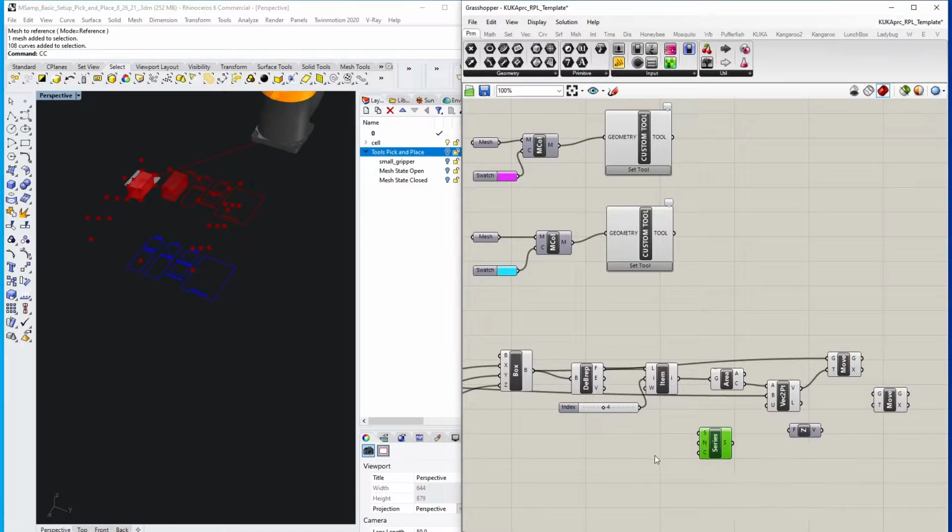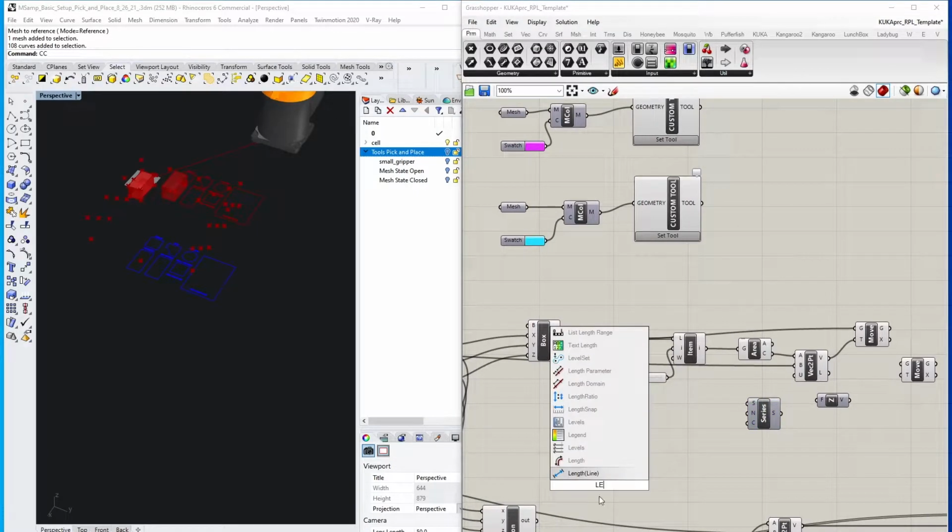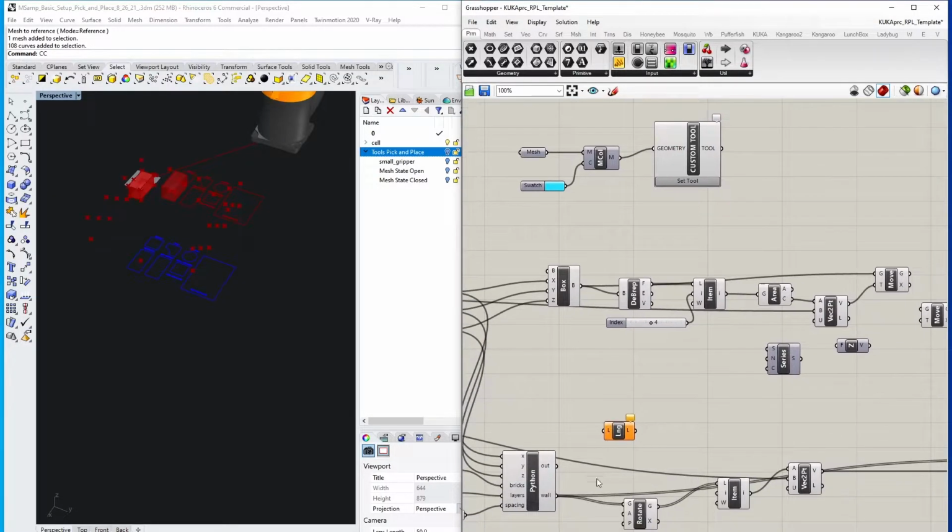So what we can do is create a list length, because we need to copy the same amount of points in the brick wall. So if we do a list length from the brick wall,